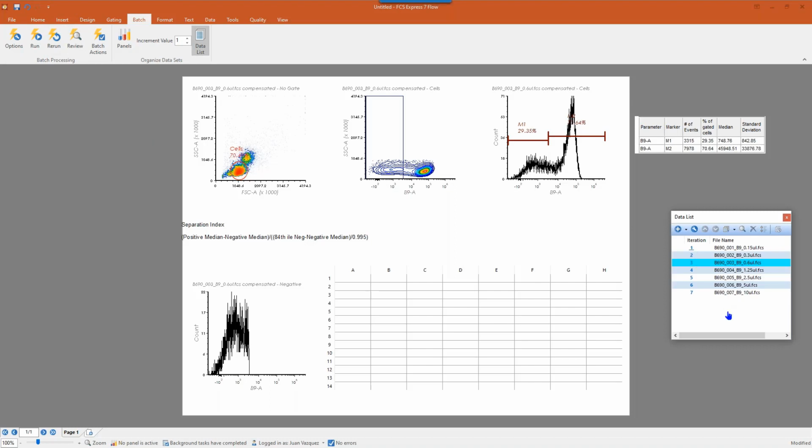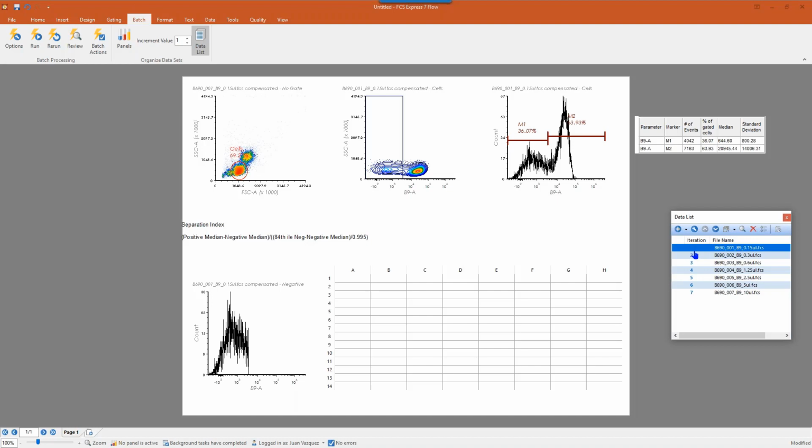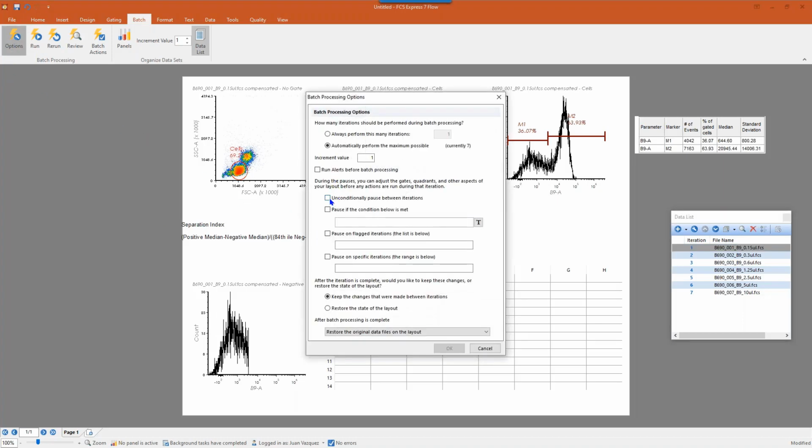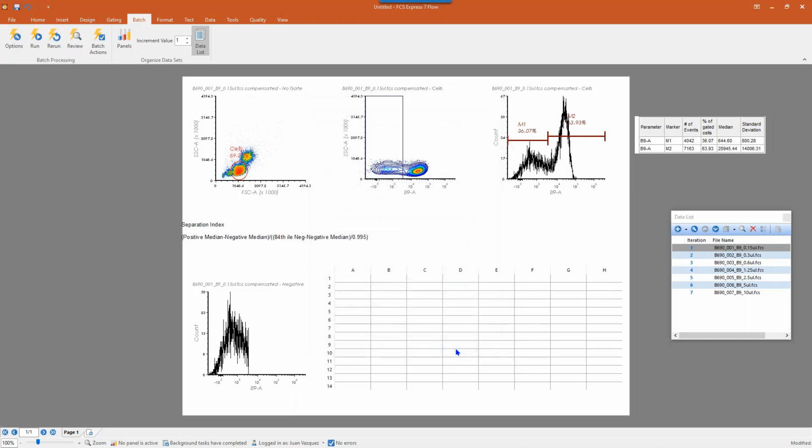And the idea is that when we batch, FCS Express will start with whatever the first file is that we have on display. Okay, so I've loaded this one. It'll go to whatever the last file is that you have in your data list, whatever the last iteration is. Okay. And the idea is that if I click on run, it will go through all these files and produce the outputs that I've selected. Okay. What I can do is I can tell FCS Express to pause. So maybe I want to tweak my gates as I go between each of these samples. So now if I click run,